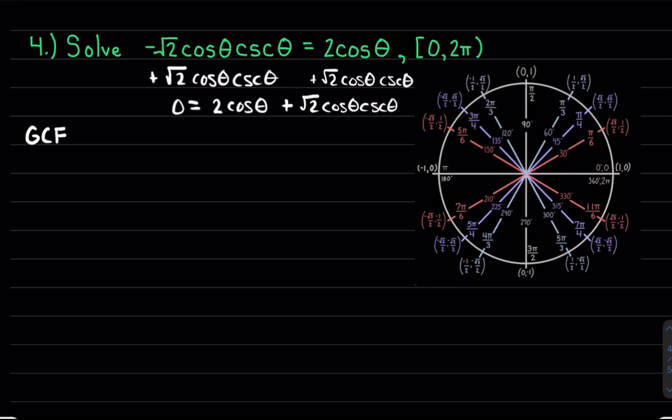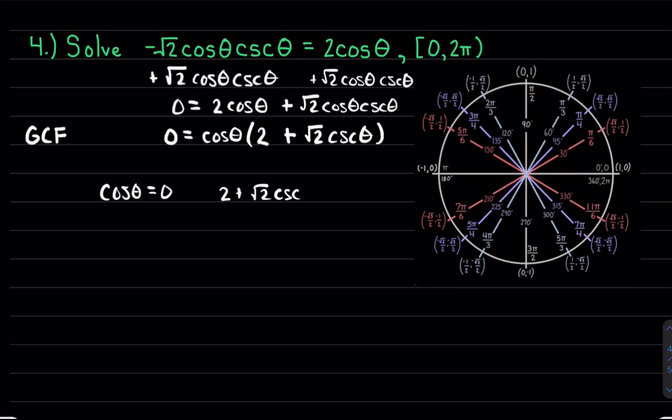The greatest common factor here is cosine. I'm going to factor out a GCF of cosine, and if I factor out a cosine from 2 cosine, I'm left with 2, because the factor is divided out. Plus, if I take out a cosine from square root of 2 cosine cosecant, I'm left with square root of 2 cosecant. Now, both pieces are factored, so I can now set my factors equal to 0 and solve. So I have cosine theta equals 0. And then I also have 2 plus square root of 2